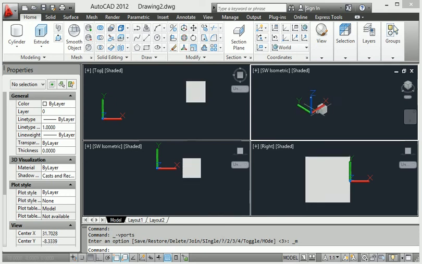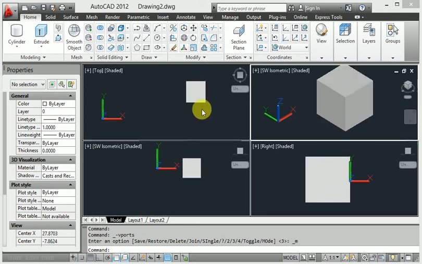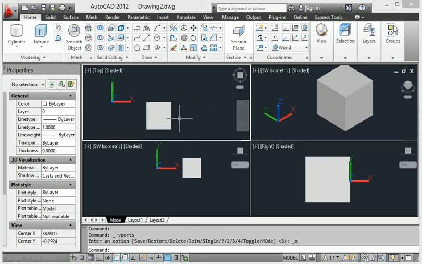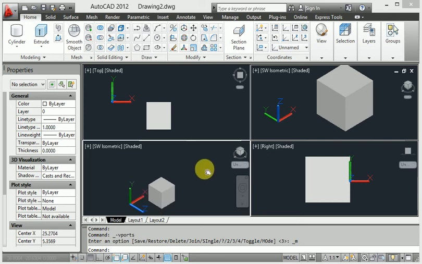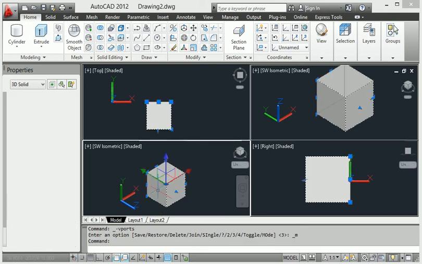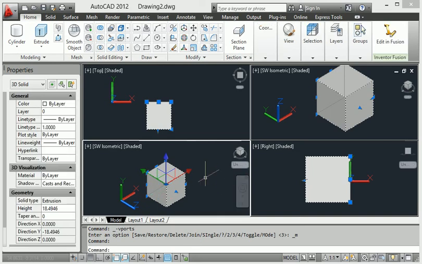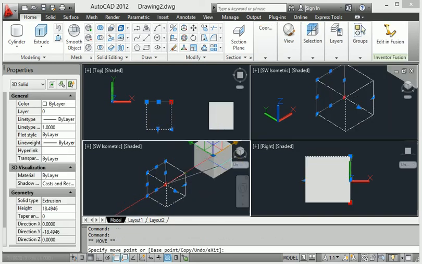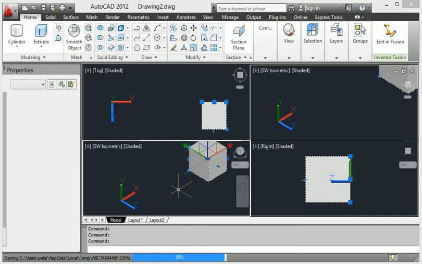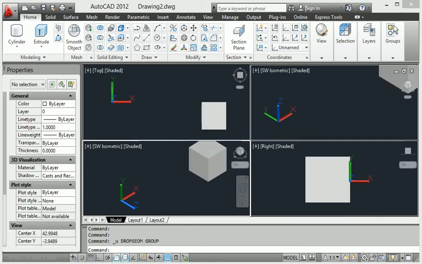This is the 3D isometric view and this is the top view. This is the front view. When I click the top view, it is like when I move here. So it is an easy way of moving in AutoCAD.